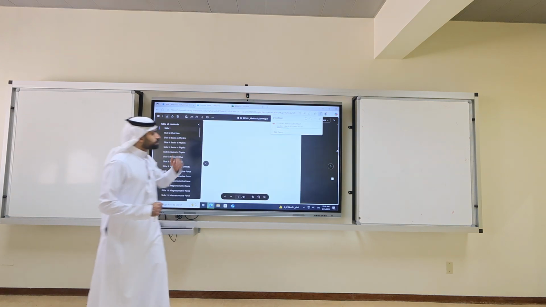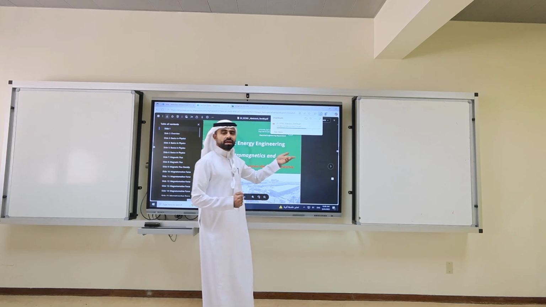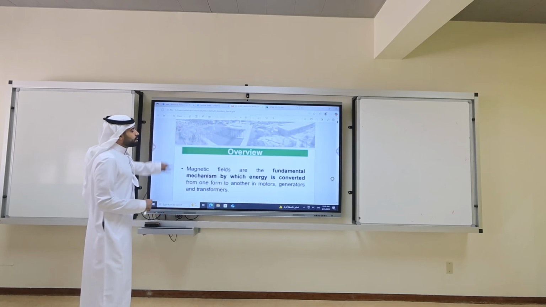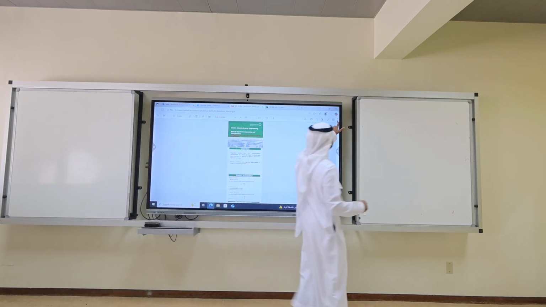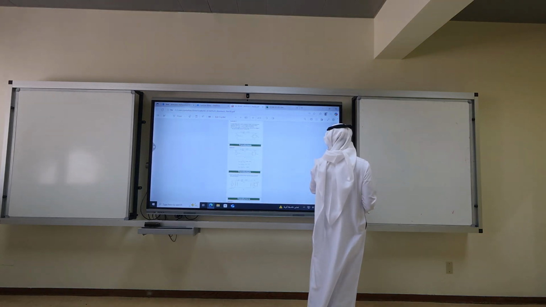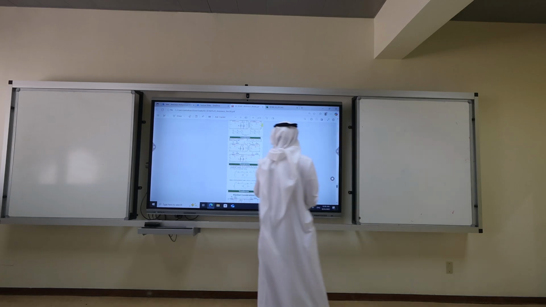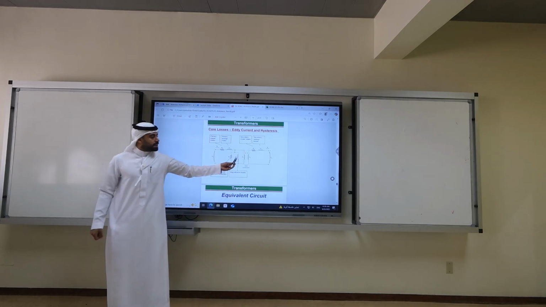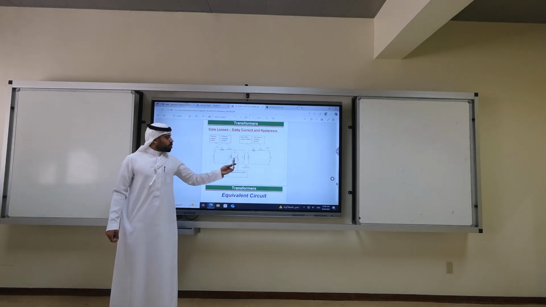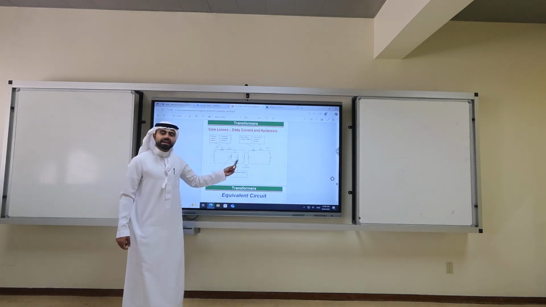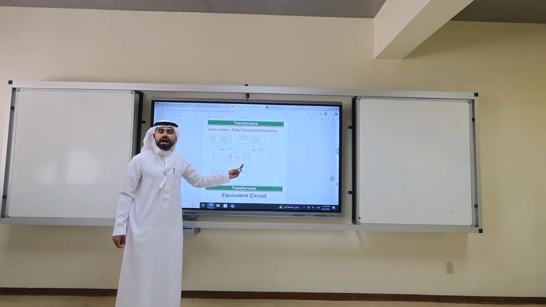Today, we will pretty much talk about the exact model of the transformer. So what do we remember? We remember the exact model of the transformer before. And what did I tell you? We have one ideal transformer here. We have parallel components for core losses, they are heat with RC, and magnetization losses with j times XM in